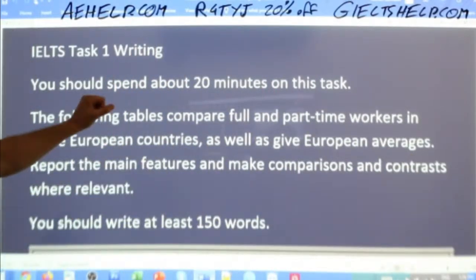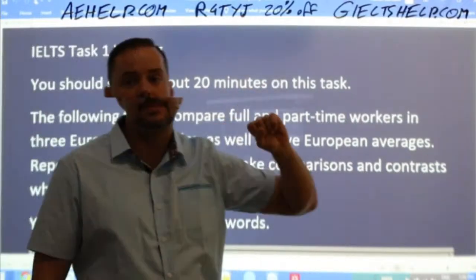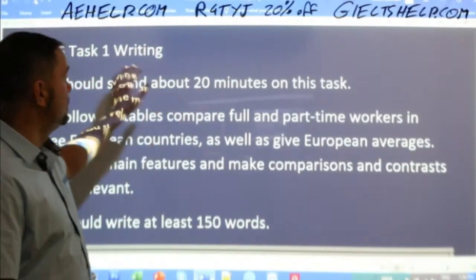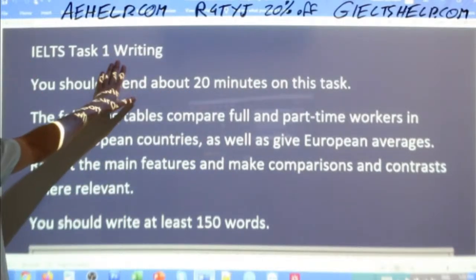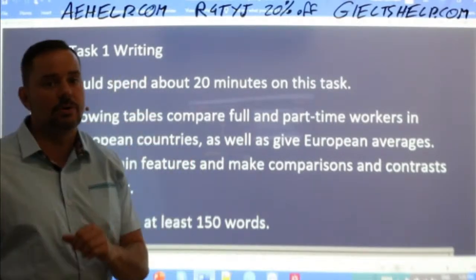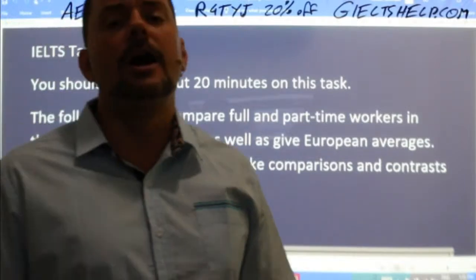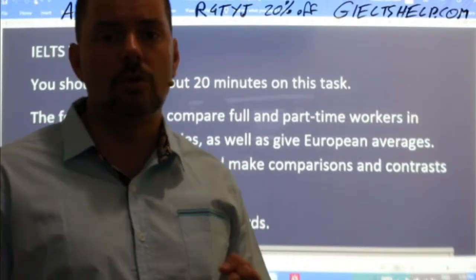And you open up your writing section to your exam, and then you see a question like this: IELTS Task 1 Writing. You should spend about 20 minutes on this task. I said this many times before, do not spend more than 20 minutes for task 1, because you have 1 hour, and task 1 is worth 1/3 of your writing mark. Okay, and always start with task 1. Sometimes students ask me, should I start with task 1 or task 2? Because task 2 is worth more. Start with task 1, because task 1 should be a bit easier if you know what you're doing.